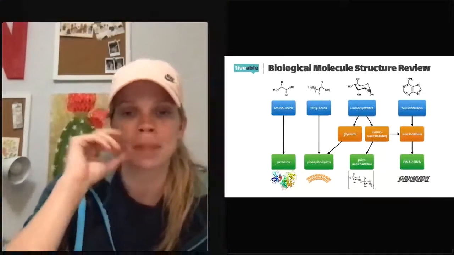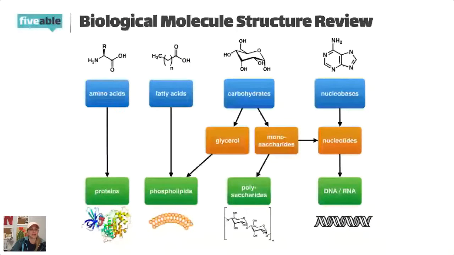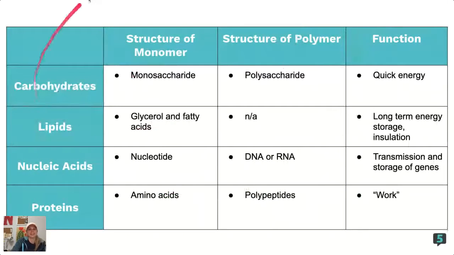So we've got our protein, it's got amino acids, it can be all these different combinations. Quick summary here. I love tables. It helps me organize my thoughts, because if you haven't heard from my rambling in the past 15 minutes, my thoughts are not always the most organized. That's why I need super detailed, GIF-filled PowerPoints to keep my focus. Tables make it very easy. Whenever you can draw a table in your notes, that is a great way to organize your thoughts, because all of these 4 molecules are going to have a certain structure, a certain function. And if you draw that table, say 3 times over, it sticks in your brain pretty well.